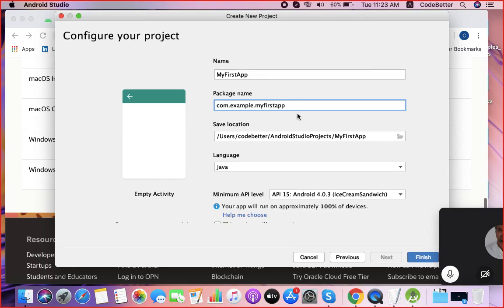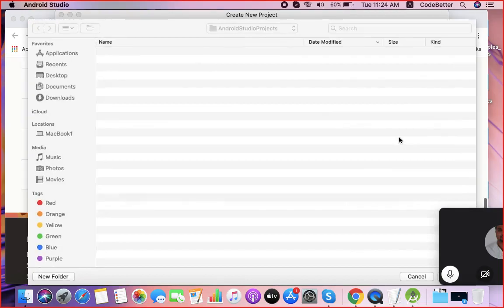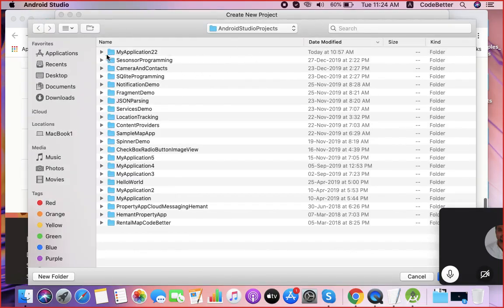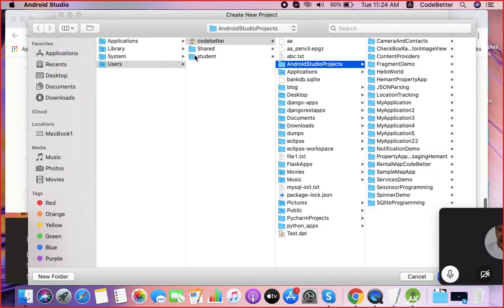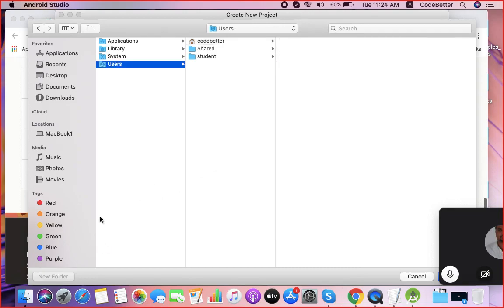And your app is created at some location. So let me create a folder here, and in that folder I am going to create apps.